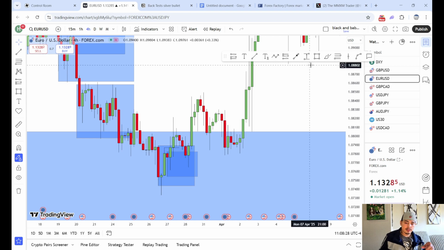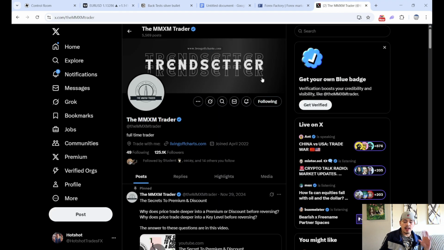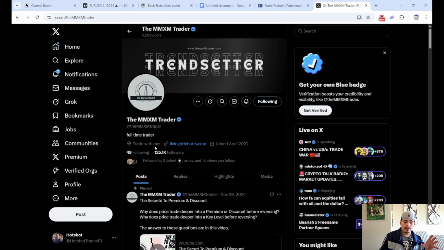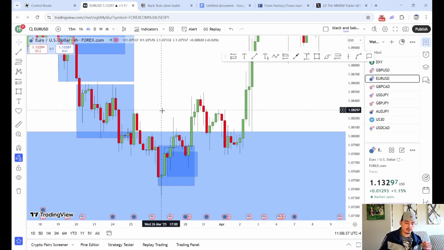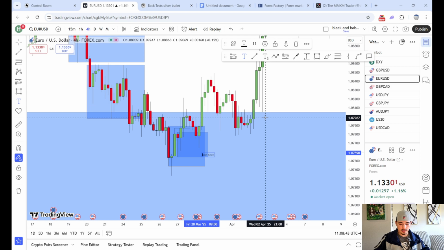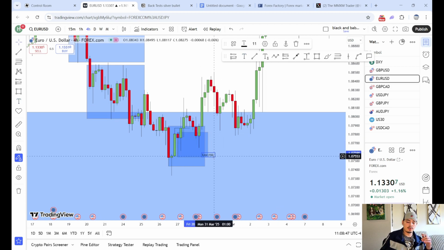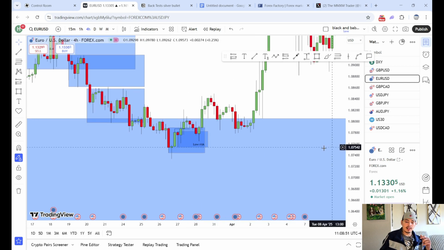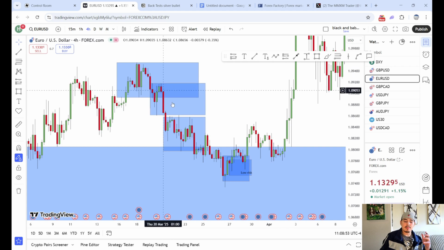So in my eyes, the MMXM trader, if you have him on X, I learned this from him, okay? So flowers to this dude. Right here, you can see this is the low risk buy. And it's not necessarily low risk for us, it's more of a higher risk because we don't know if this low is going to hold. This is more or so a low risk buy for big institutions and hedge funds, because the MMXM model,